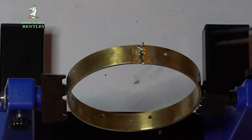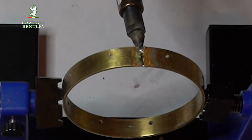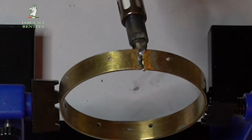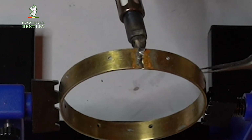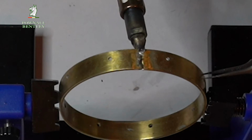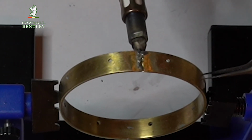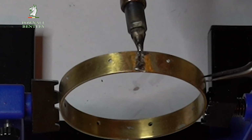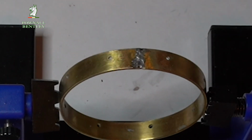You can see that already the solder is starting to melt. This is what we want. There goes the first bit of solder. There you go, and that's basically now gone all the way into the joint, and then you can just smooth it over on top. So that will then get turned off when we